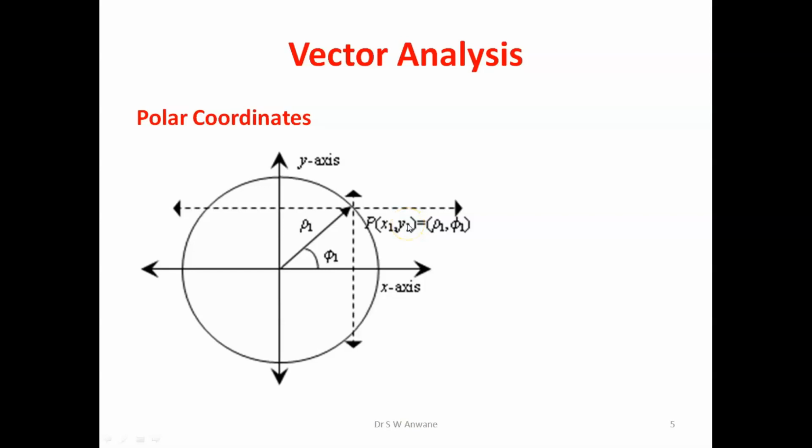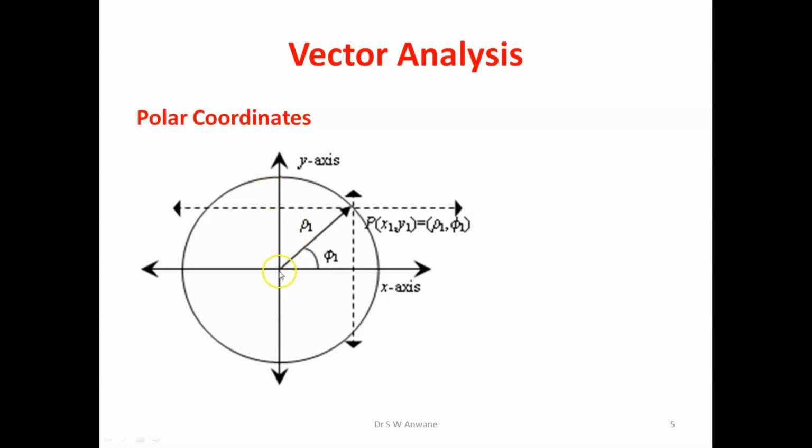Now this can be looked upon as two coordinates represented in polar form, wherein we are talking about the distance of the point from the origin, and that distance we are calling ρ1. The locus of all points for which the distance from the center remains constant will be a circle, and on this circle we will have an infinite number of points. They are at a fixed distance from the origin.